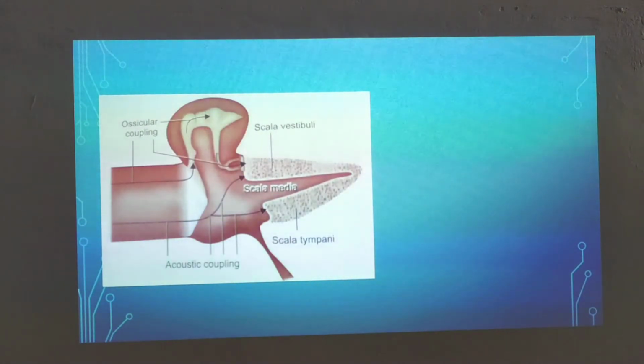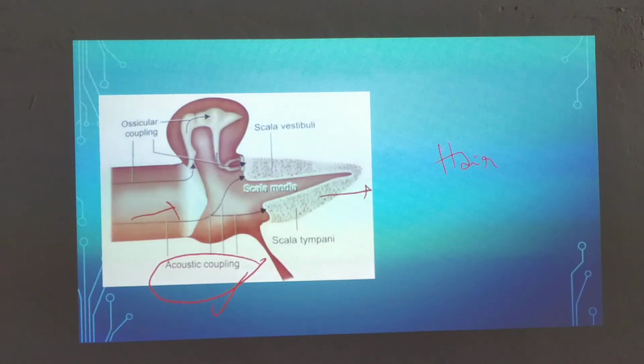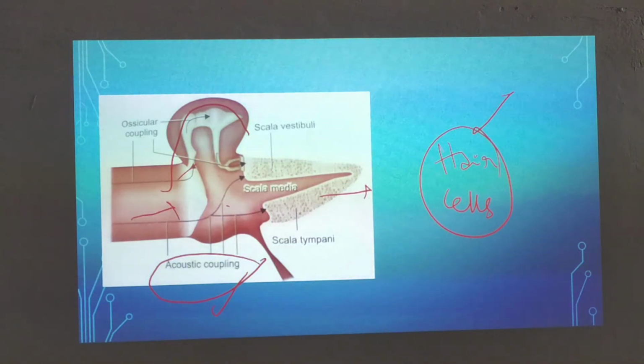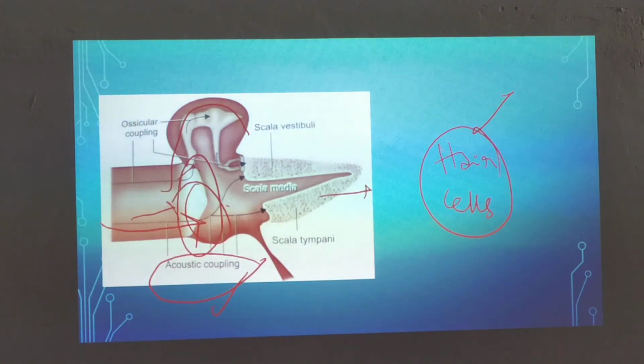Next, what is this picture about? Ossicular coupling. Yeah, it is called acoustic coupling. So acoustic coupling is where you are converting this sound energy into electrical energy. So at the level of your hair cells, you are converting this energy with the help of these ossicles. So this is acoustic coupling, and then this is ossicular coupling. So directly, if you are leaving a sound energy without tympanic membrane perforation, okay. So with the tympanic membrane perforation, even then also you can hear.